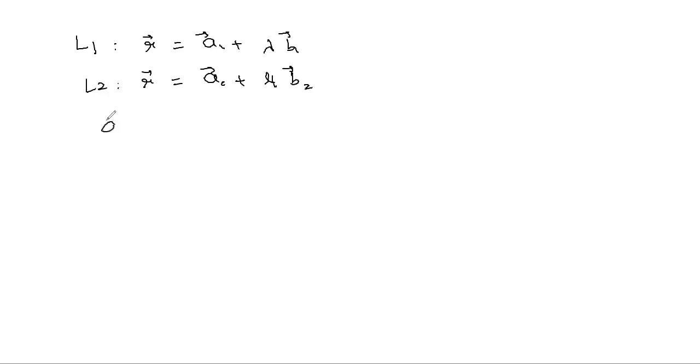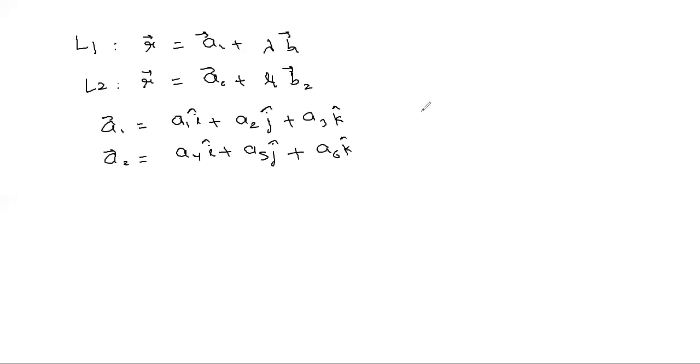Generally speaking, suppose the equation of the two lines is vector r equals vector a1 plus lambda vector b1, and the equation of line 2 is vector r equals vector a2 plus mu vector b2, such that vector a1 is, suppose, a1 i plus a2 j plus a3 k, while vector a2 is a4 i plus a5 j plus a6 k, while vector b1 is b1 i plus b2 j plus b3 k, and suppose vector b2 is b4 i plus b5 j